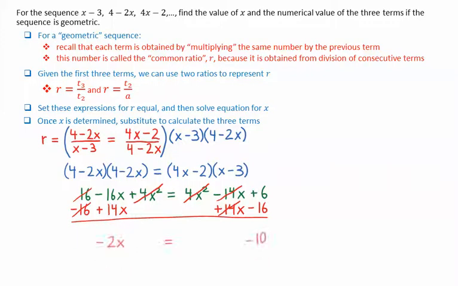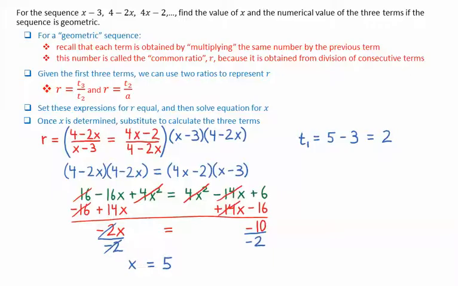This results in negative 2x equals negative 10. Dividing both sides now by negative 2, we get x equals 5. Now that we have solved for x, we can substitute this in to figure out the first, second, and third terms of this sequence. First of all, t1 equals x minus 3, which will be 5 minus 3, so the